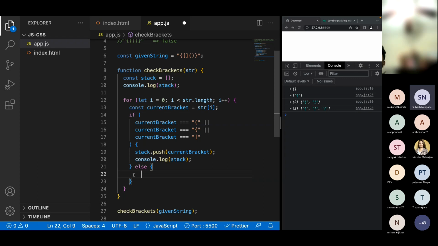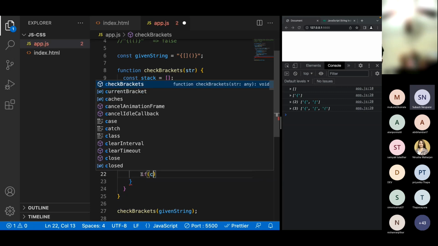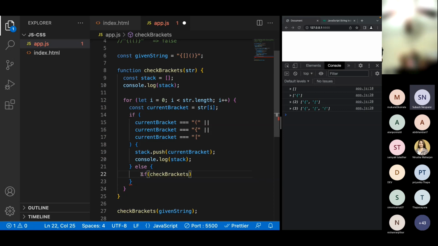Let's write something here inside else. We need to check for the closing one inside else, right? We did the opening one for opening brackets inside if, right? This if is just for the opening brackets. We are doing something for the closing one as well, right? Right here inside else, we will check if the current bracket, which is closing,